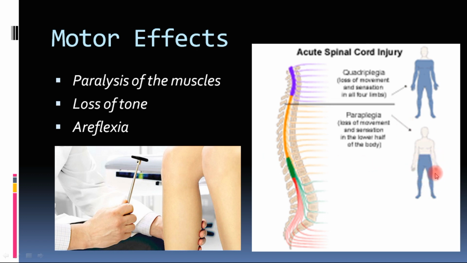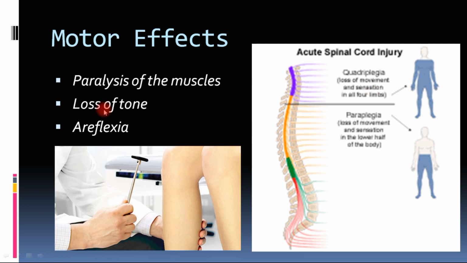As you can see in the affected area, if the transection is at a lower level, which is only cutting off the lower segment, it will cause paraplegia, whereas if it is at a higher level, it can involve both the upper limb and lower limb, causing quadriplegia. So this is the loss of voluntary control over the muscles.